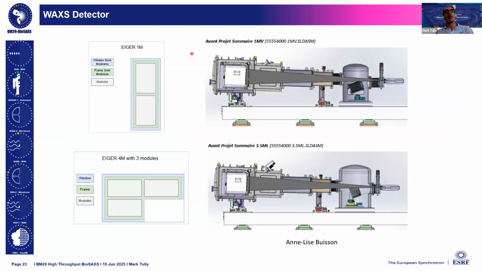The last thing I'm going to talk about is that we're hoping to get a WAXS detector to upgrade this, so we can then do in situ SAXS/WAXS. We want to put the WAXS detector in a vacuum chamber as well, so again, keeping the whole environment within vacuum. But why would we want to do that for proteins? Well,